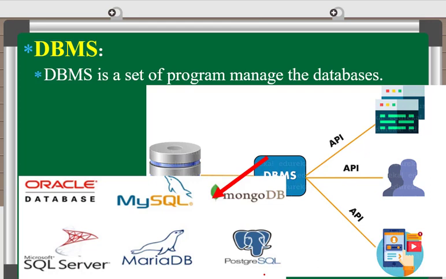Now, the data that comes into our database passes through the DBMS. It's the DBMS that enables us to interact with our database. Now, the data may come from a certain interface. This could be either our mobile interface. It could also be coming from a web interface, or a user could actually be accessing the DBMS software directly